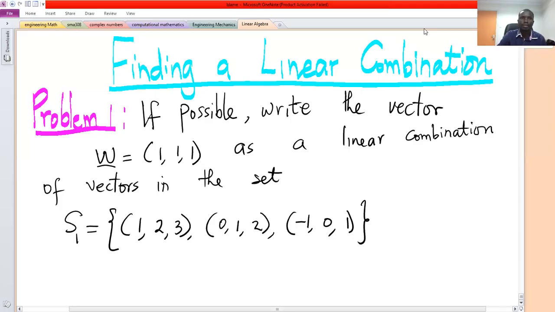Welcome to this session. In this session, we are going to explain how to find a linear combination of a vector in terms of the other vectors. So the problem one reads, if possible, write the vector W given by elements 1, 1, 1 as a linear combination of vectors in the set S1, which has three vectors: (1, 2, 3), (0, 1, 2), (-1, 0, 1). So to solve this one,